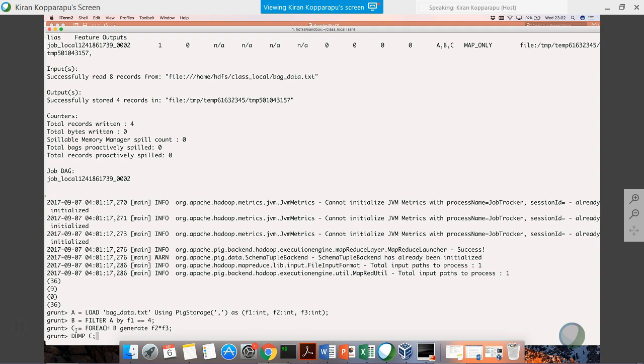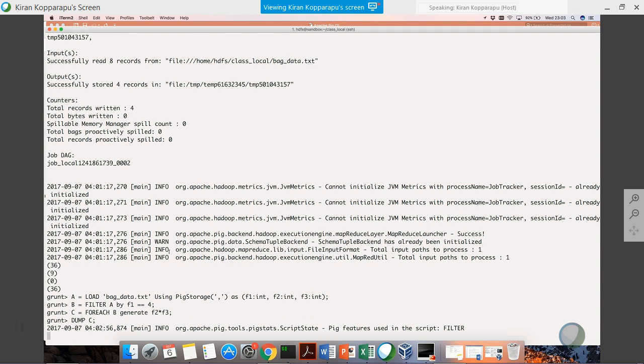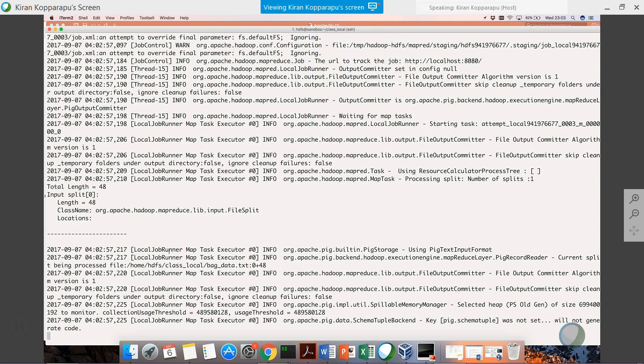Pig, always, whenever you try this, for example A, B, C, D, all the statements, you do one thing. You try to copy your big script which has all the statements, statement A, B, C, and then a dump statement, whatever it is. What we could do is, I'm just copying it from here, and then I put it like